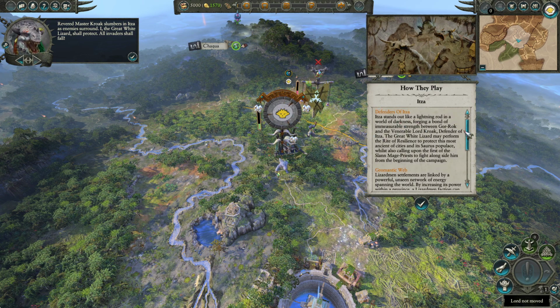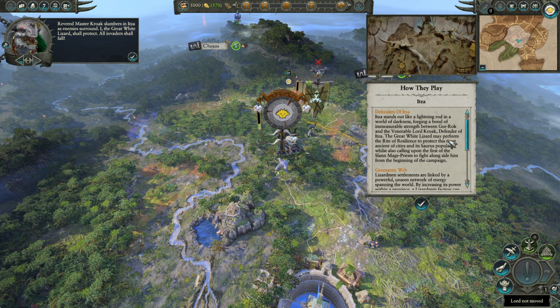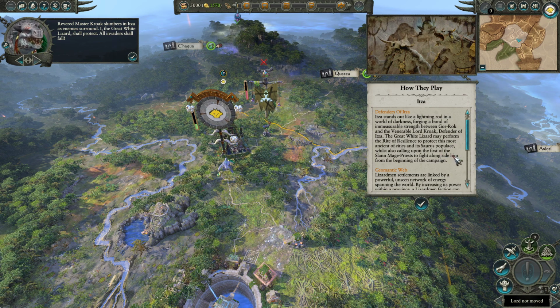Itza stands out like a lightning rod in a world of darkness, forging a bond of immeasurable strength between Korrag and the venerable Lord Kroak, defender of Itza. The great white lizard may perform the rite of resilience to protect this most ancient of cities and its populace, also calling upon the first of the Slann mage priests to fall alongside him from the beginning of